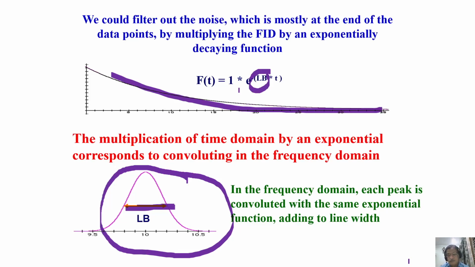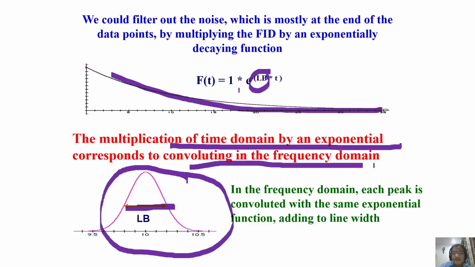But one important theorem is there in Fourier transformation. It is called the convolution theorem. What the convolution theorem says is that multiplication of the time domain signal by an exponential corresponds to convolution in the frequency domain. This theorem is called the convolution theorem in Fourier transformation. Remember, I can multiply two exponentials in the time domain. No problem. It is possible. Then it convolutes in the frequency domain. Okay. So in which case I can understand a lot more things. I can do many more things with the time domain data.